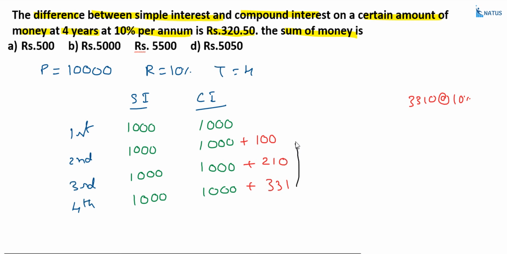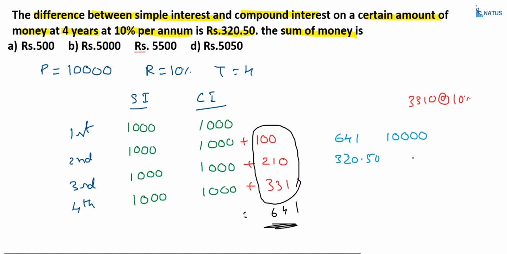What is the difference between the simple interest and compound interest? That is this one. So this is equal to 331 plus 210 plus this one. So 1, and this is equal to 4, and this is equal to 6. The difference between simple interest and compound interest is 641 when the principal amount is equal to 10,000. Right? But according to this condition, what is the difference? That is equal to